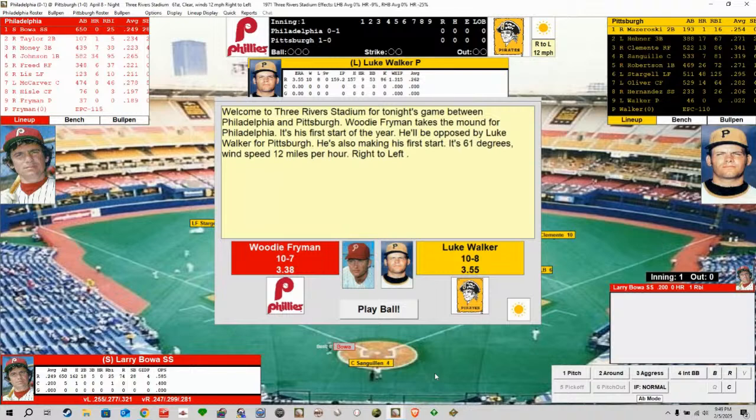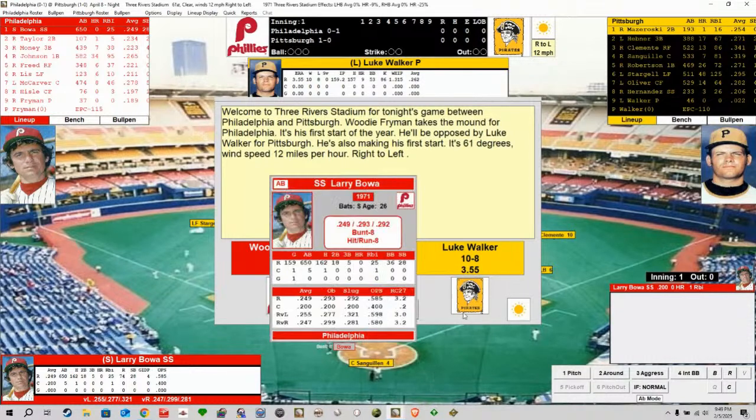All right, welcome to Three Rivers Stadium here on the North Shore of Pittsburgh, Pennsylvania for tonight's game between Philadelphia and Pittsburgh. Woody Fryman takes the mound for Philly in his first start of the year, opposed by Luke Walker. This is just the second game in a 3-game set between these two. It's 61 degrees here at the confluence of the Three Rivers, the Monongahela, the Allegheny, and the Ohio. We have a little bit of wind. It's always swirly wind in Three Rivers Stadium, 12 miles per hour right to left. And the man in blue says...